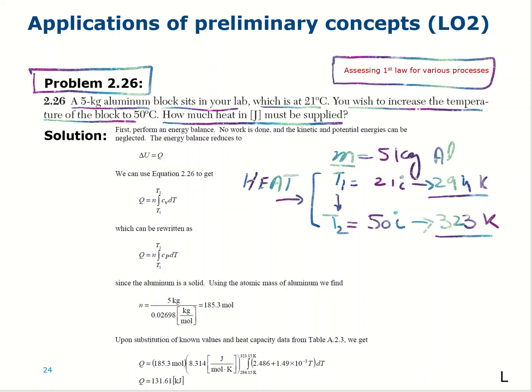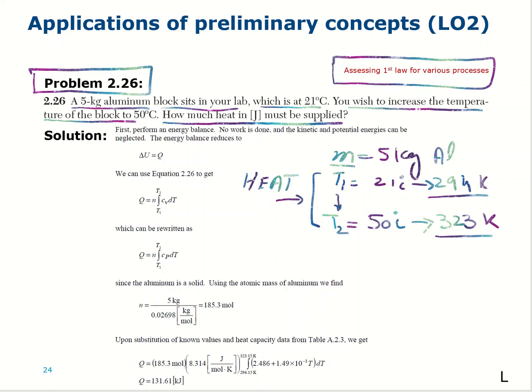Now the question should come to mind: is there any phase change involved in this process? Because if there is a phase change involved, then we need latent heat. But if the phase is the same, which is solid, and the phase is not changing in this process, then that means it is a sensible heat, right? And to calculate sensible heat,